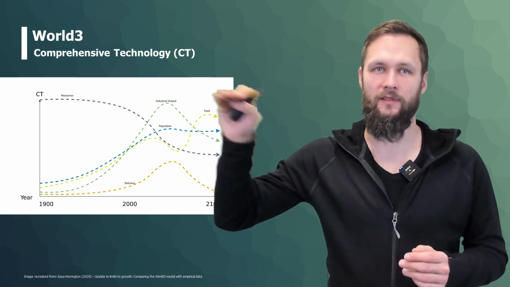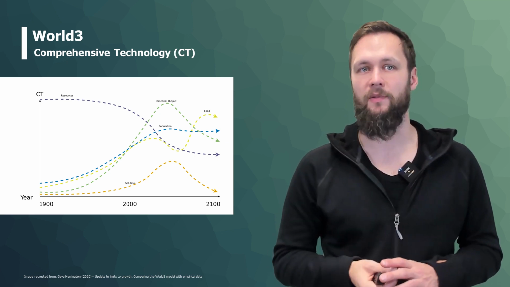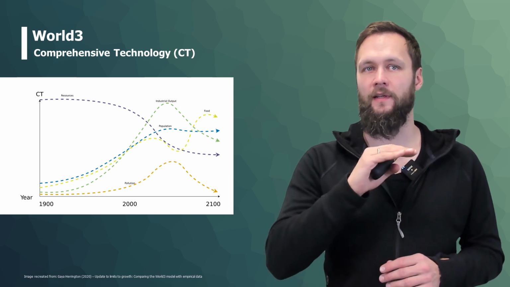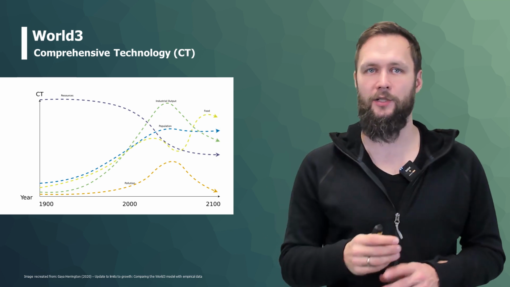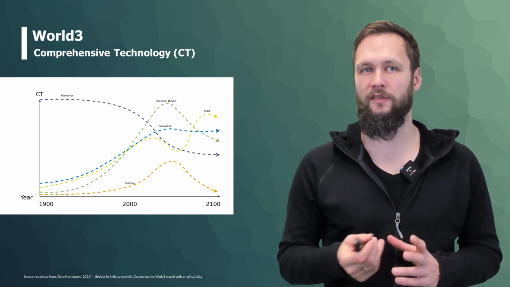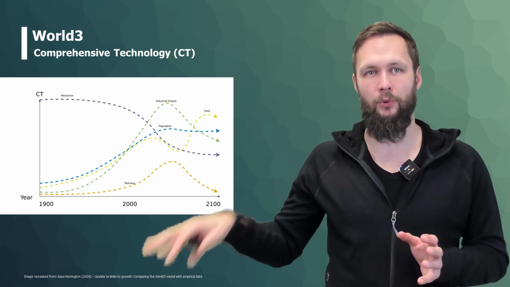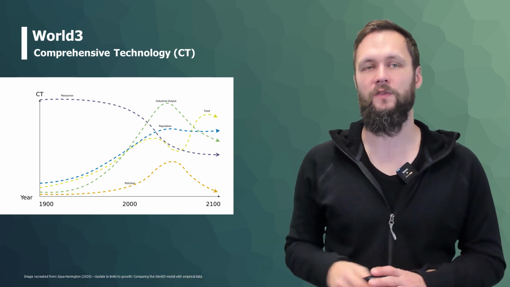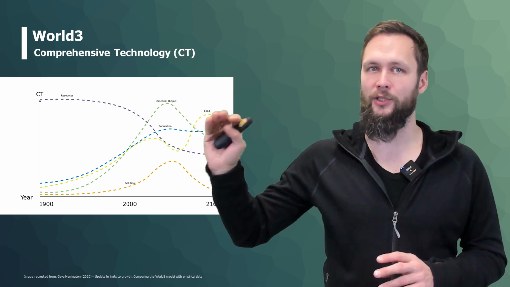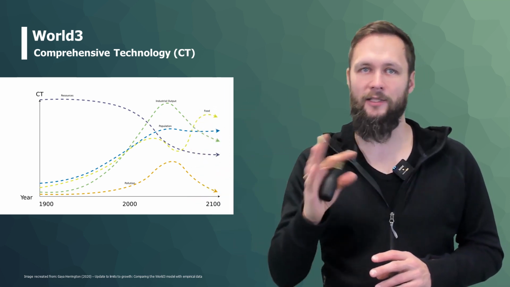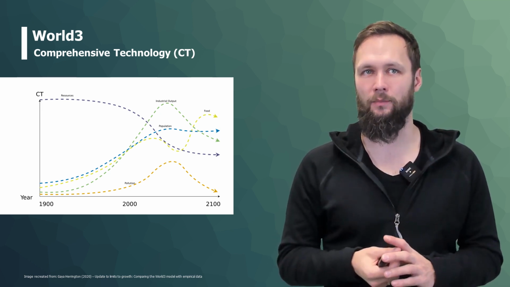We still have a certain resource depletion until the end of the 21st century, but it's still much better than what we had before. And we also still have a certain drop in industrial output and in food production, but the population doesn't seem to collapse because we're somehow able to manage pollution and push it more or less to close to zero by the end of the century, which then allows us to stabilize our population, getting the food per capita back in check, and also at least somehow managing to maintain a certain industrial output.